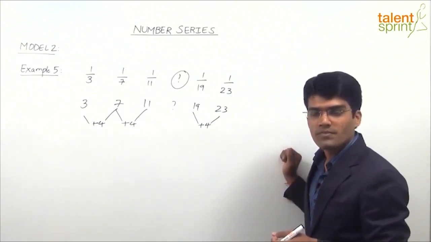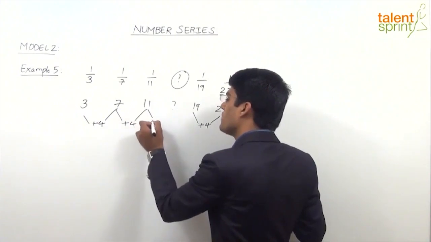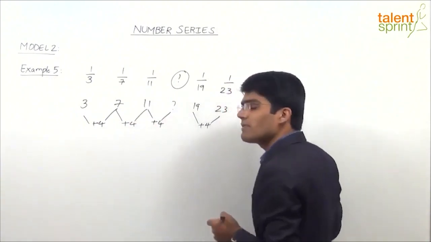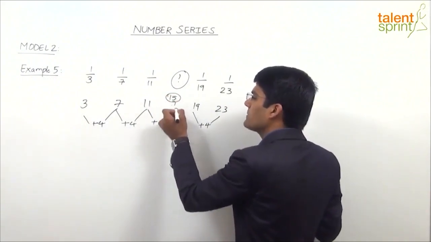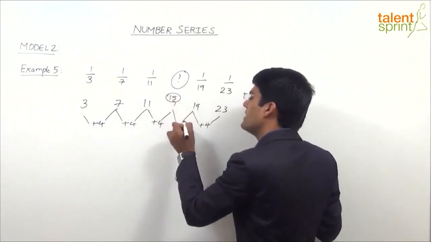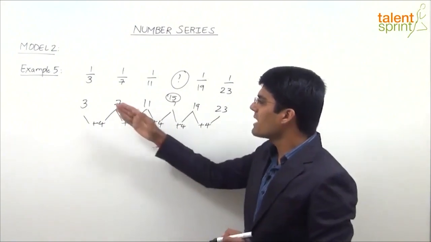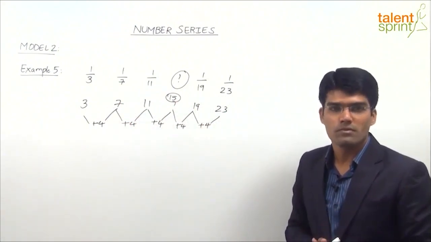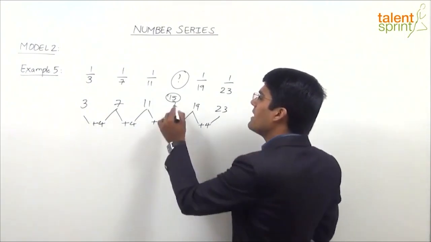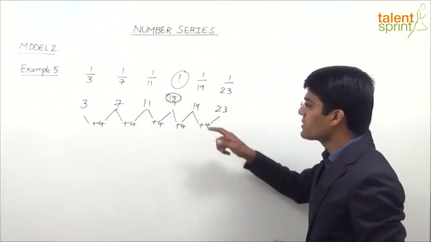nothing but 4. So if we try to take 11 plus 4, we should get what comes in place of the question mark. We know that 11 plus 4 is 15. And if we try to cross verify, 15 plus 4 again gives us 19. That means in the complete series we find that the difference between two consecutive terms is always 4. So with that, we can say that 15 should be the one which comes in place of the question mark in